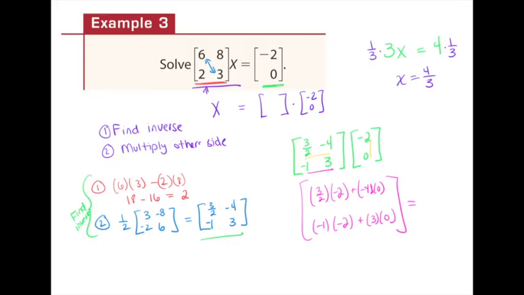3/2 times negative 2, the 2's cancel. I just get negative 3. Negative 1 times negative 2 is 2 plus 0 is 2. So my matrix that I was looking for is going to be the matrix negative 3, 2. All right, negative 3, 2. All right, so you find your inverse and then just multiply it by the other side. Find the inverse, multiply it by the other